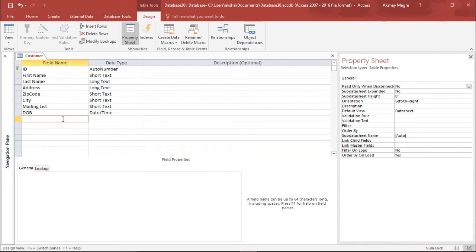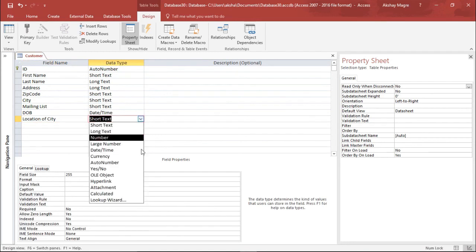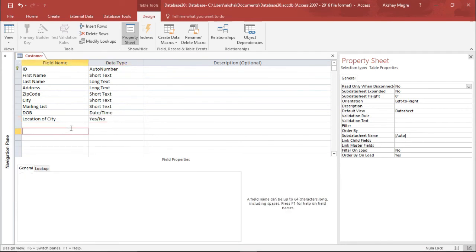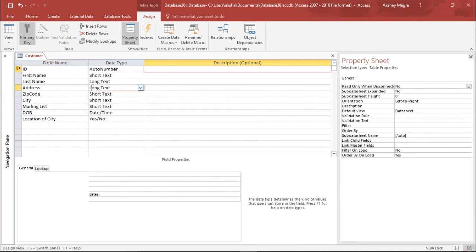For that, I am creating a new field, and that new field will be the location of city. And for this particular field, I will create a yes and no object. So I've selected this as yes and no. Now the structure of my database is almost ready. Now let's go ahead and add some records to it.